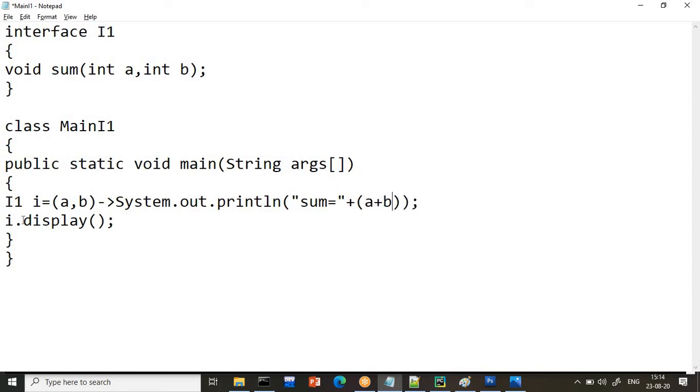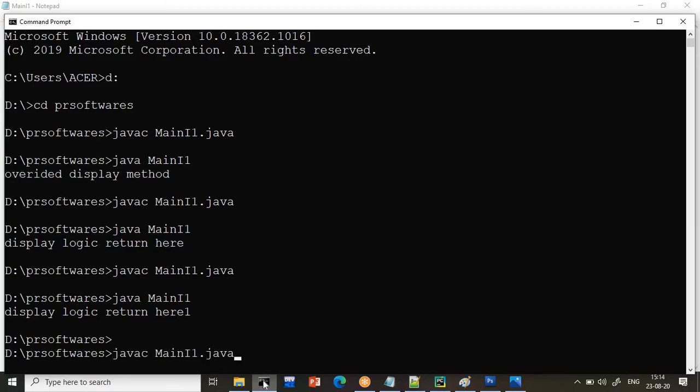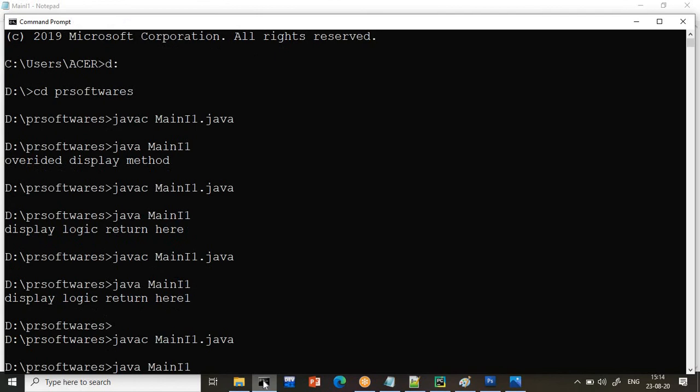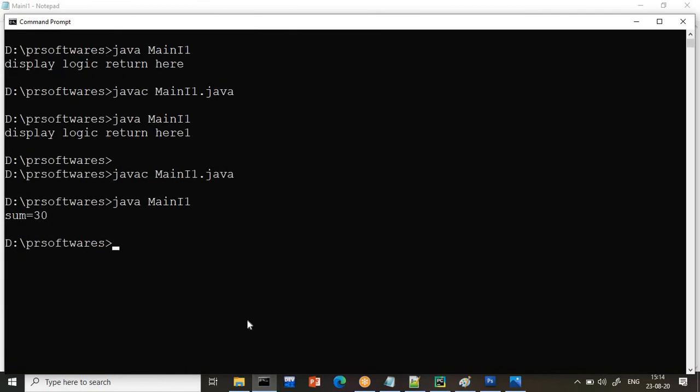So when I call the function, this time I dot sum I will call, but how many parameters is it taking? Two parameters, so just write here 10 comma 20. And make sure, guys, in the lambda expression you need not pass any type of the parameter. Why? Because already in the interface the type of the parameter is defined, that is integer, so you need not write it here. Okay, now save the program and go to the command prompt, compile and run. If you are working on Eclipse, you have to do the same thing. Nothing is changed, automatically sum is printed.